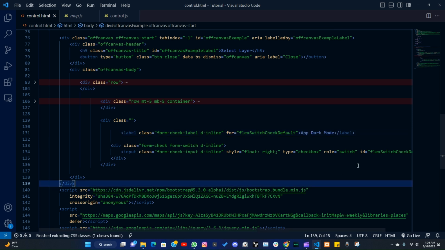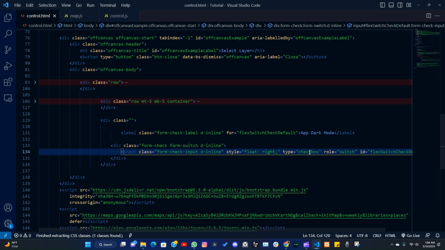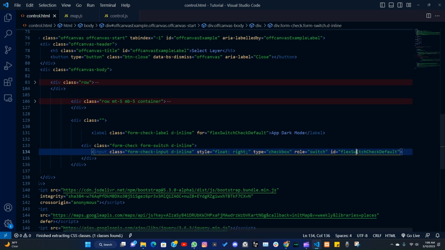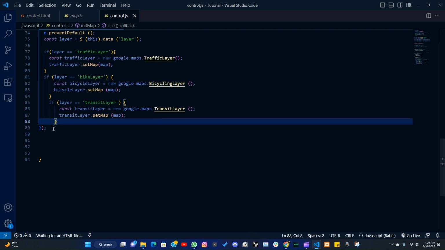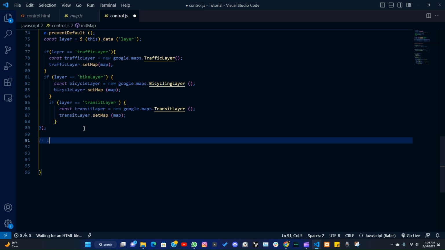So let's go to our code. And you see we have some role, we have some type, we have some IDs. Okay. So let's see some classes. Now we have flex switch box default. So we're going to grab this and we're going to go to our JavaScript. We're going to go to our JavaScript control.js and let's say